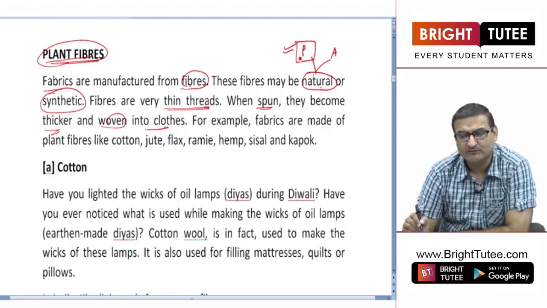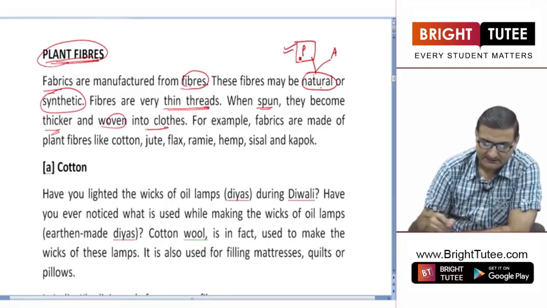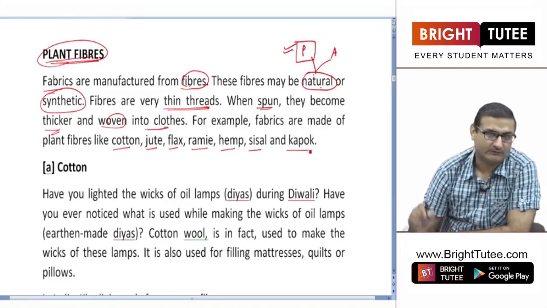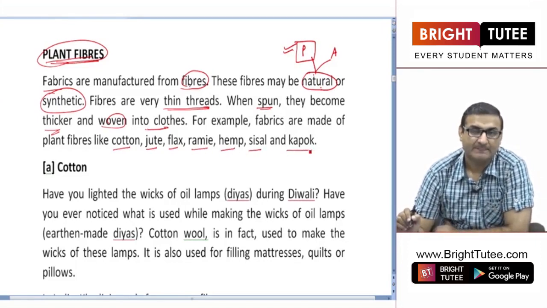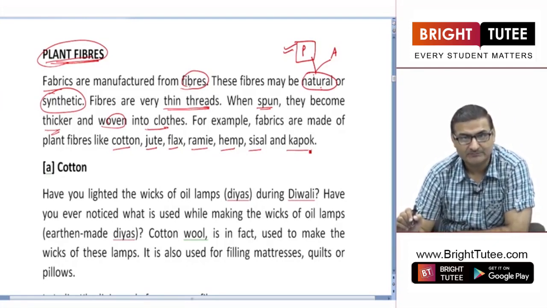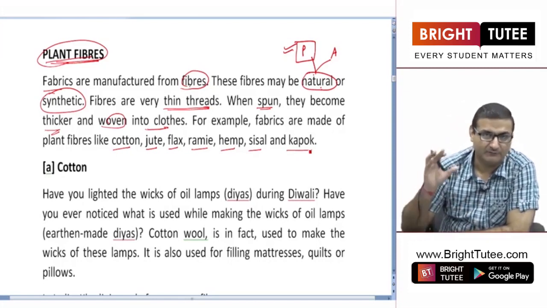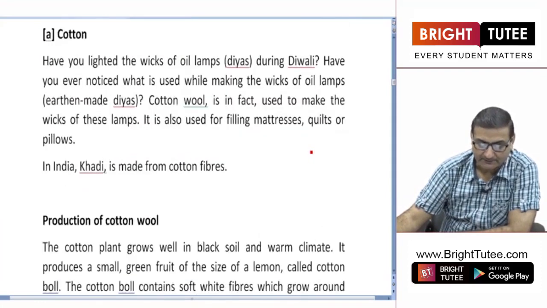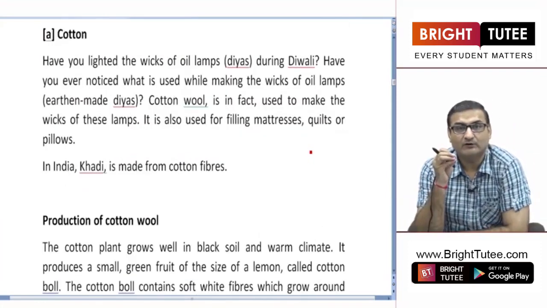Just to name a few which are there in your syllabus: cotton, jute, flax, ramie, hemp, sisal, kapok. These are a few natural plant fibers. Let us try to have a bit of the basic details of a few of them. First of all, talking about cotton. Now, when we talk about cotton,